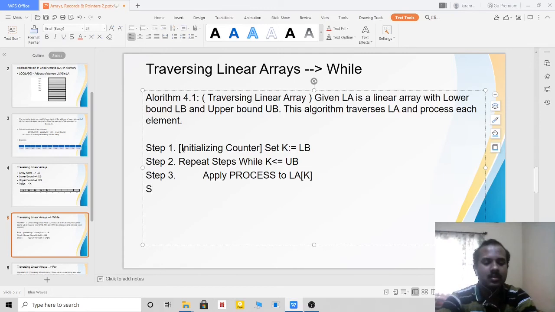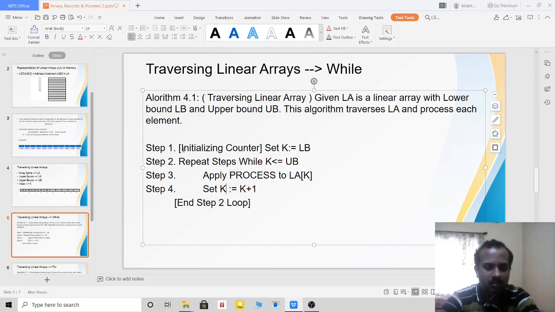Then step 4, where I have to increment the counter. Set K again equal to K plus 1. I have to write the comment, I have to end the loop. So end step 2 loop.